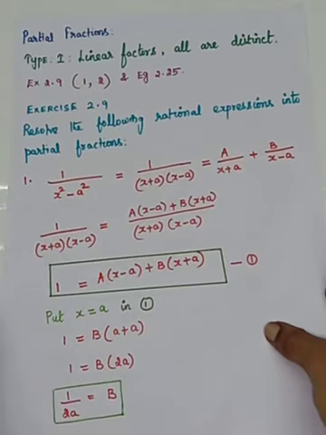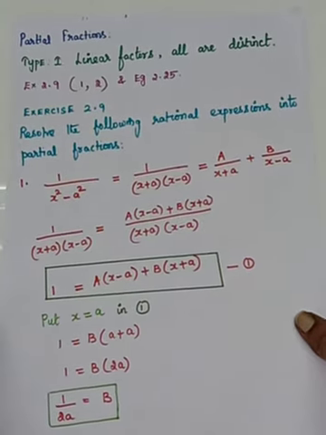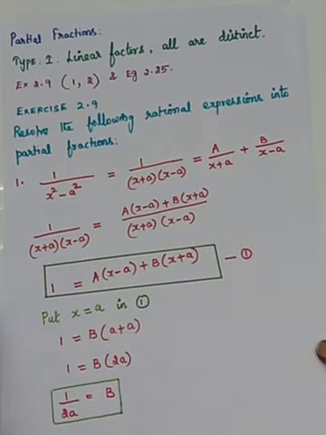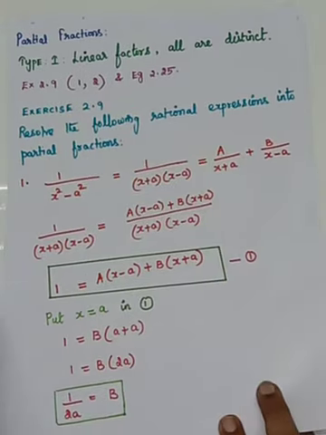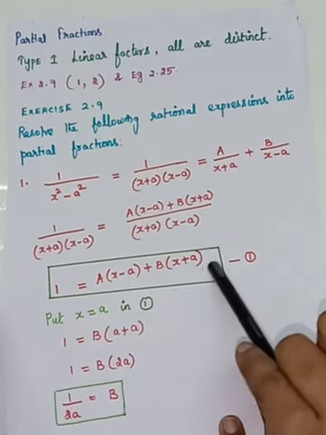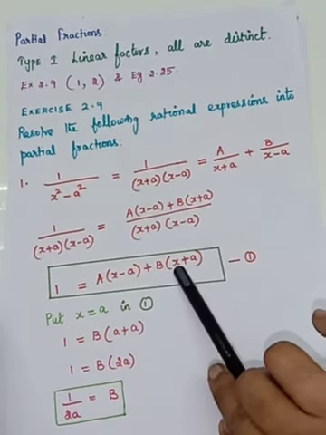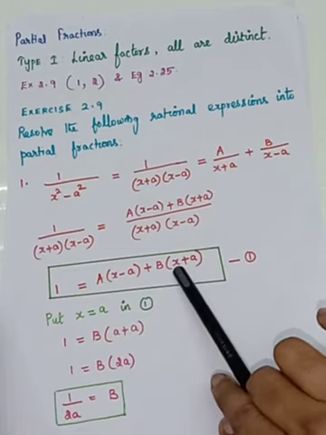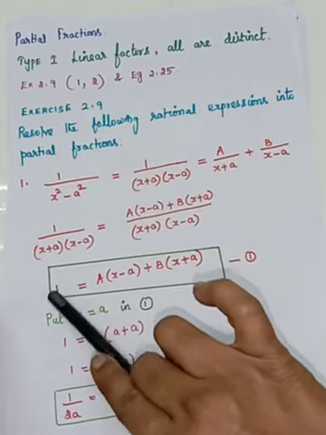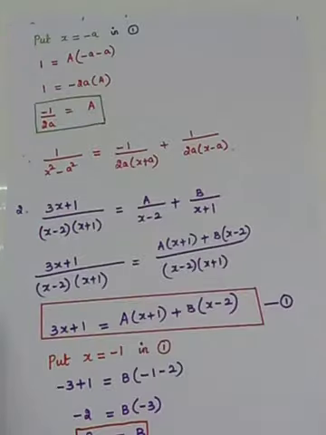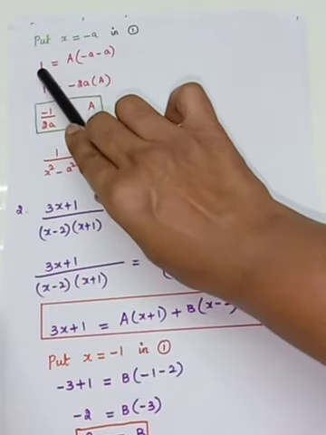Next, what do you have to do? We have found the value of b. Next we have to find the value of a. For that, you have to make this element 0, so you have to substitute x is equal to minus a. Here there is no x, so you have to write the constant as it is. You see that? I have written the constant as it is.